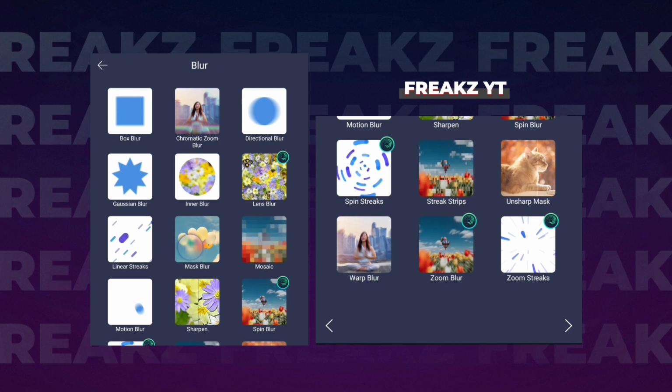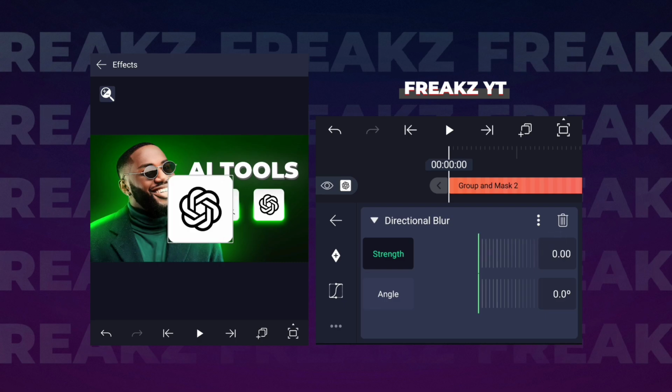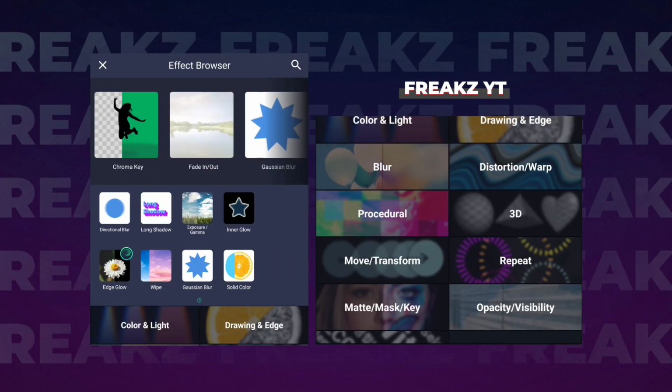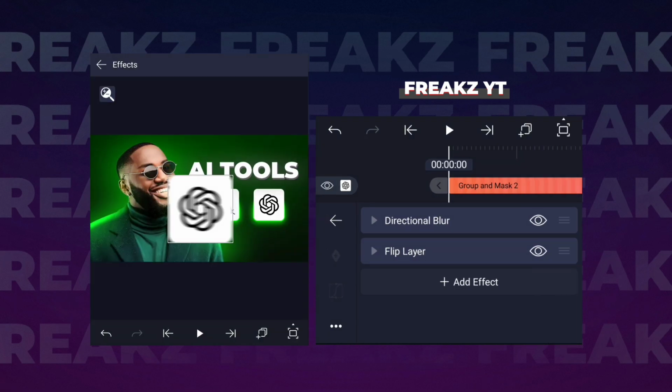In the blur section you can see direction blur. Just tap on it, add it, and decrease the strength to 4 to 5. Then we will add a second effect called flip layer, which is in the 3D section. You can also search for it through the search bar, or in the effects section you can find any type of effect.